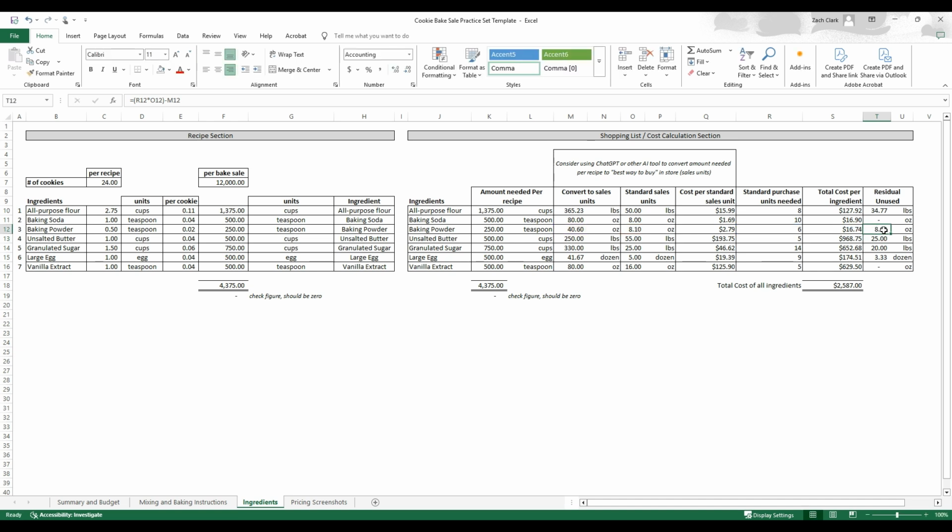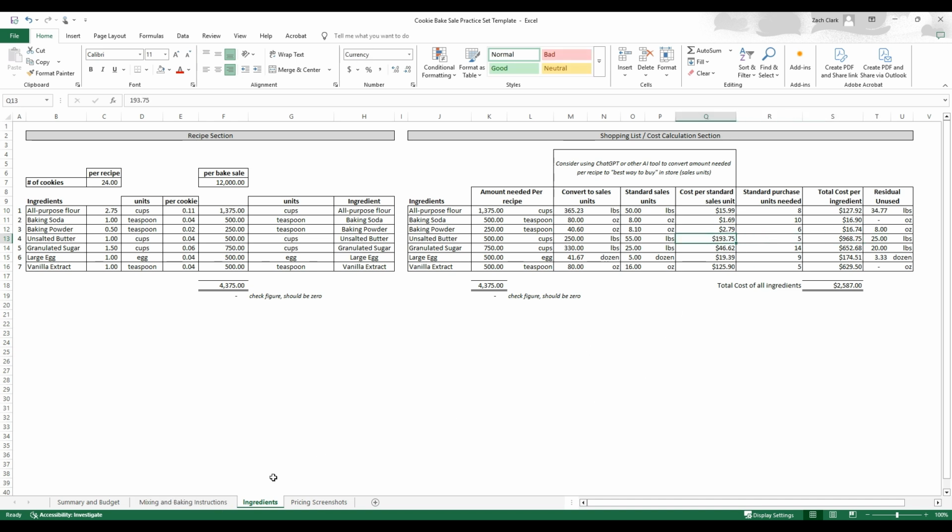So like, for example, baking powder, but it's such a small dollar amount per box, I'm not even going to try to figure that one out. But for something like butter, where you have 25 pounds of butter, so that's almost half a box. So you don't have enough to reduce your purchase by a whole box the first time,